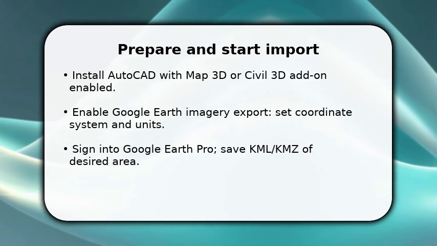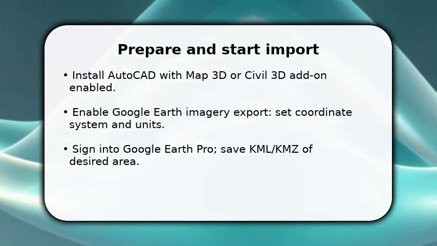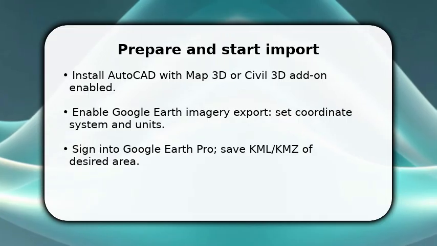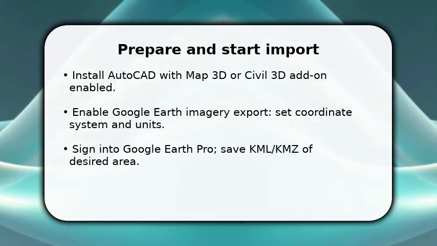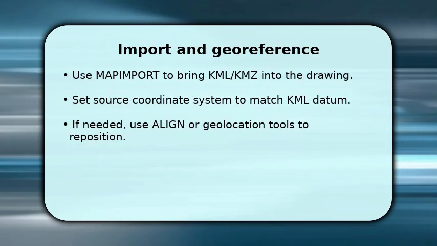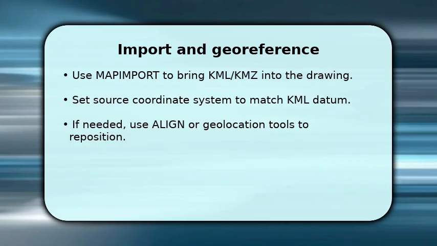Now import is ready. Move to bringing that KML into AutoCAD. You import the KML using the map import command. Choose KML/KMZ as file type so geographic features come in correctly. During import, make sure you set the source coordinate system to the same datum used in Google Earth, because mismatched